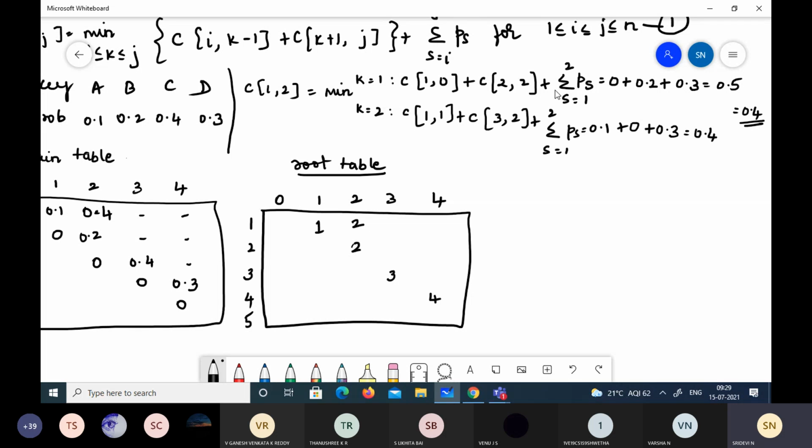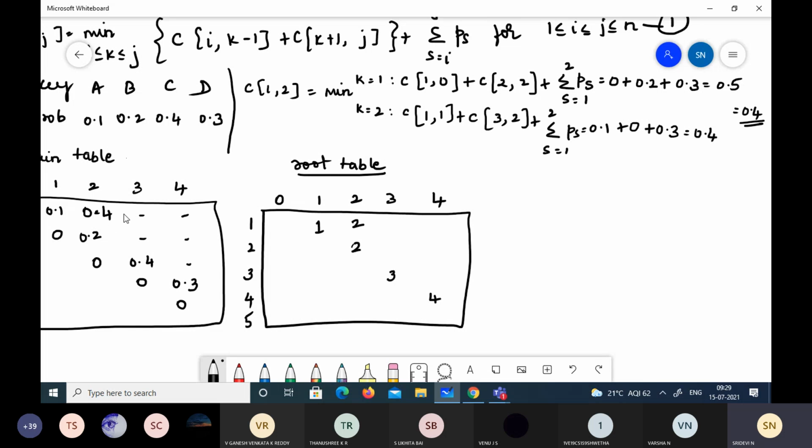You can use the same value here because we are taking only P1 and P2, so it is 0.3. When we add this it comes to 0.4. Among these, 0.4 is the minimum value. Hence we have recorded that in the main table.